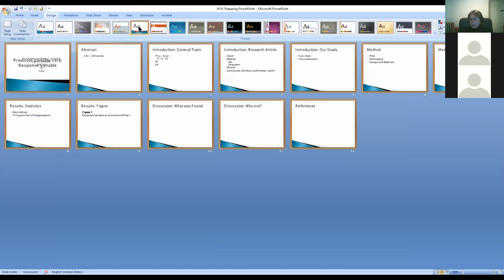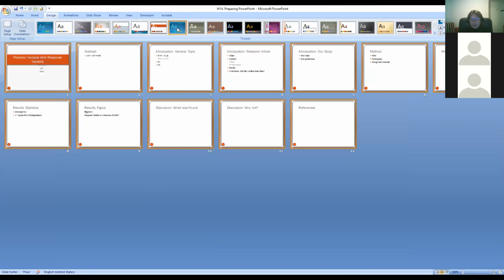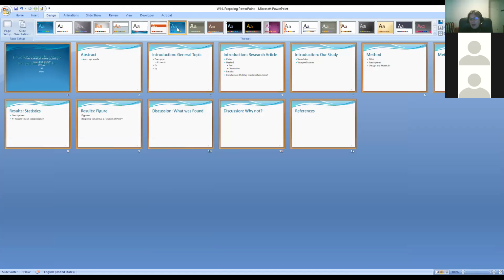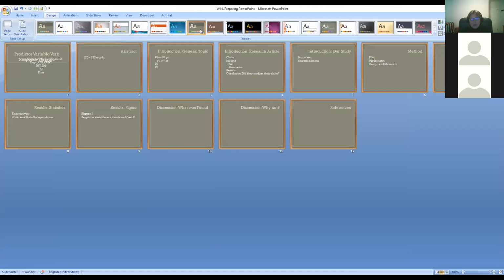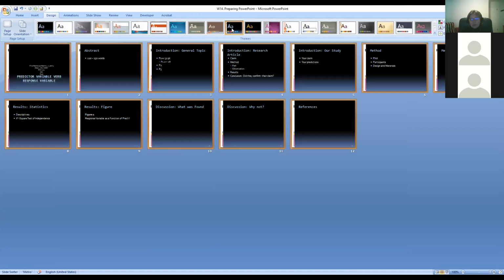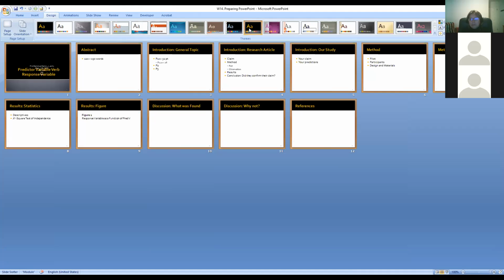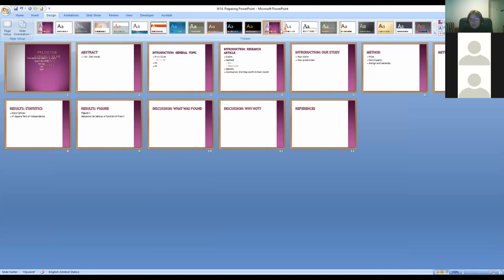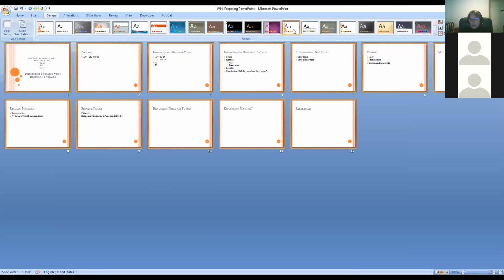Here is a very simple one, white with a little corner. I'm just going through to show you. Once you have it designed, you have the outline, then you can play with aesthetics and see which one you like, which one, if you want to go for the dark background, you could, right? So all of those will give you different options, see which one you like.